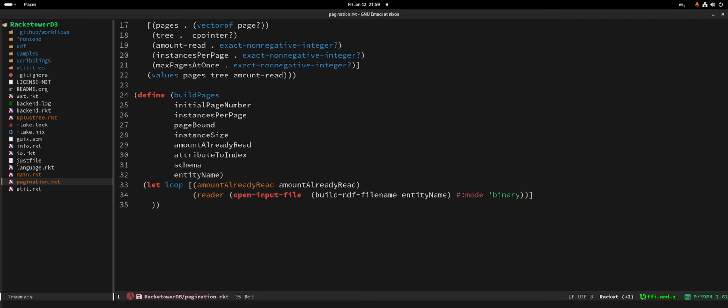So what do we want to do? Oh, we actually need an index, right? So the index is going to be something that starts at the initial page number. And the first thing that we're going to do here is check if